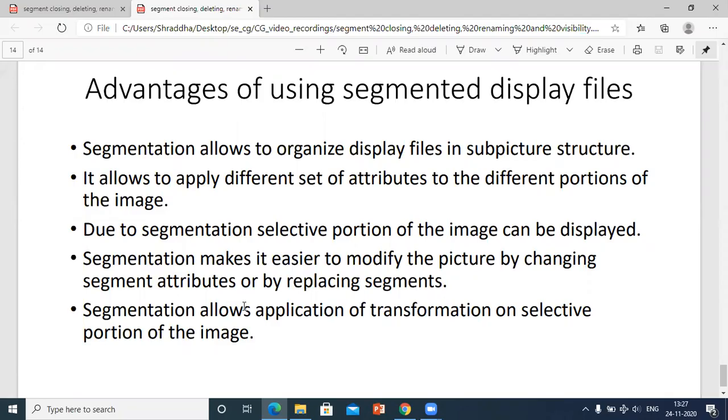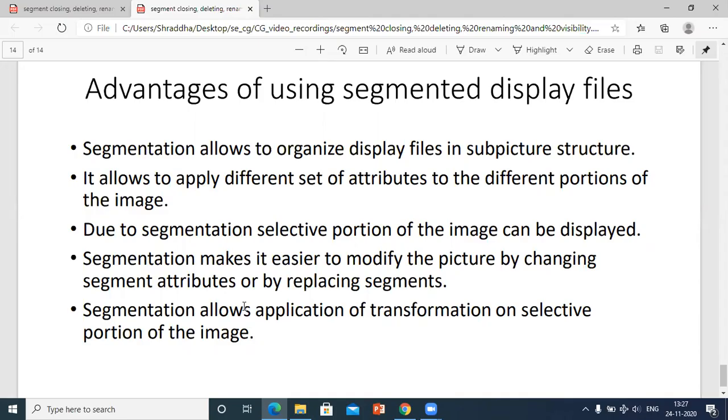So because of segmentation, we can organize our display files. It allows us to apply different sets of attributes to different portions of the image, which makes our task easier. Due to segmentation, a selective portion of the image can be displayed.